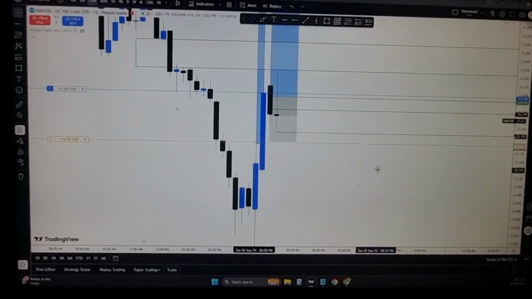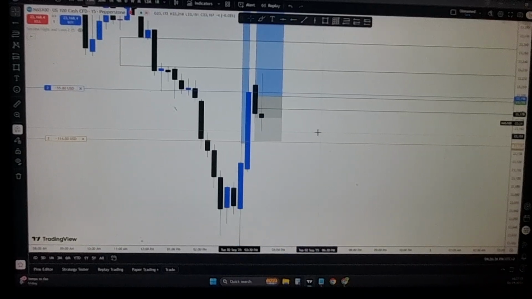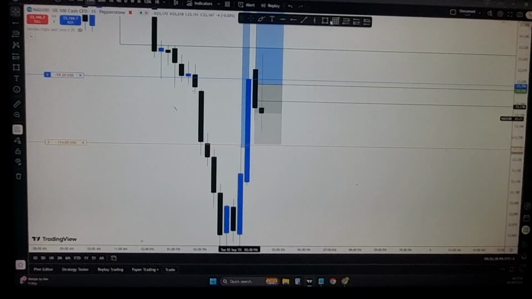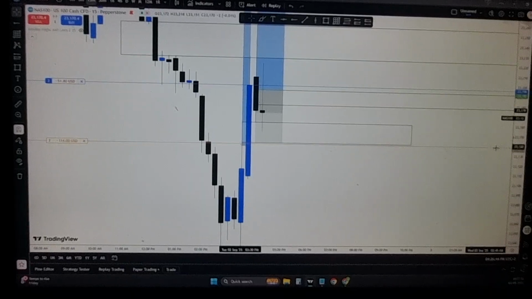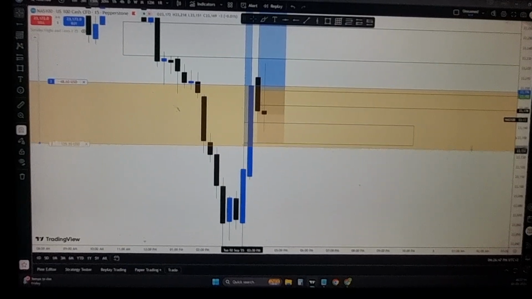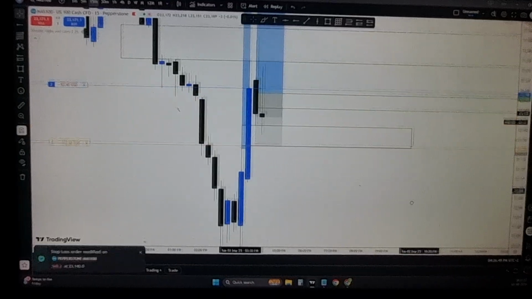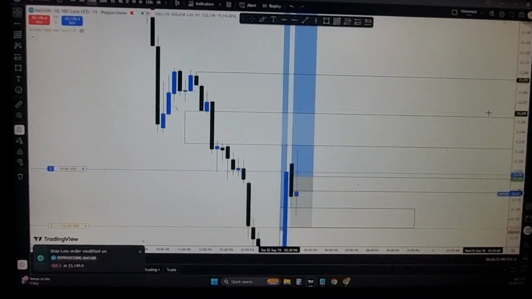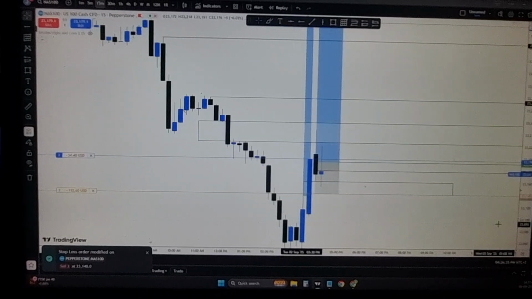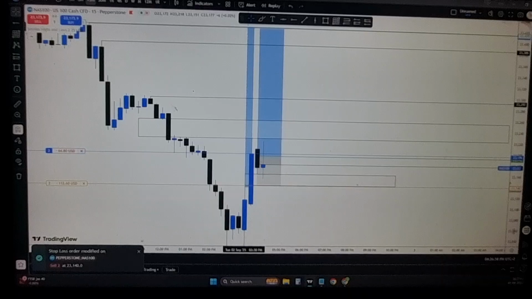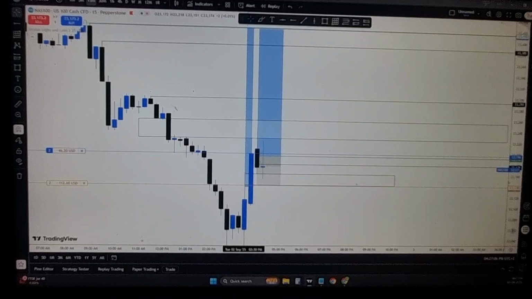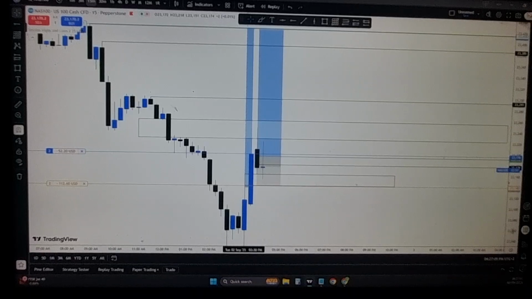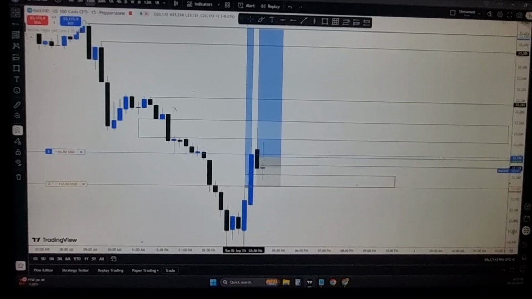Okay, we do have this 15-minute fair value gap that we are respecting. Let's hope we can, oops, my bad. Let's just hope we can maintain bullish market structure after respecting that fair value gap. I feel like this is gonna be a freaking solid trade. If the 15-minute can just play out for us, because I can't put